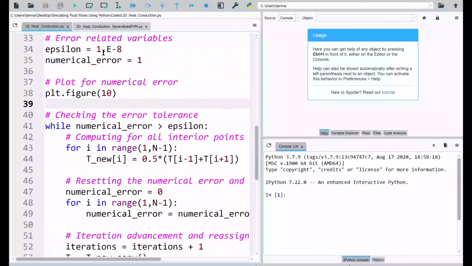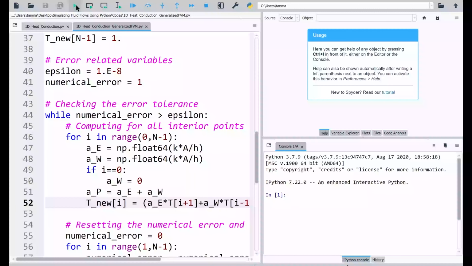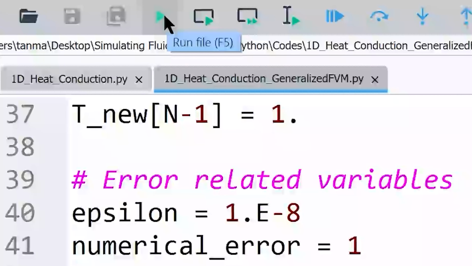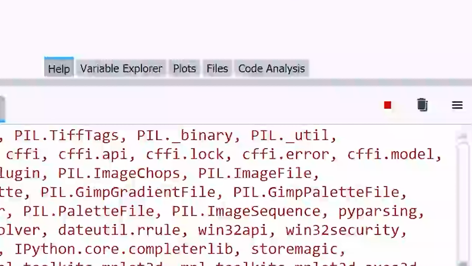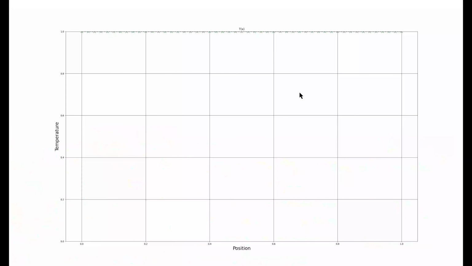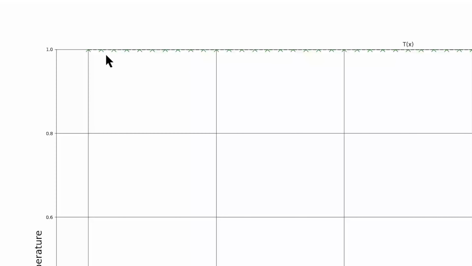Or rather, what I'll do is run the Neumann script first, and then we'll compare what the results were for the case of the Dirichlet boundary condition. So I've clicked on this execute button, and I'm letting the software run. You can see this red stop button appears, telling me that the code is actually being run. Now I've gotten the solution for the temperature as a function of position for this case, and I'm not sure if it's very easy to see, but you can see these markers here which say that the temperature stays at 1 for the entire domain.